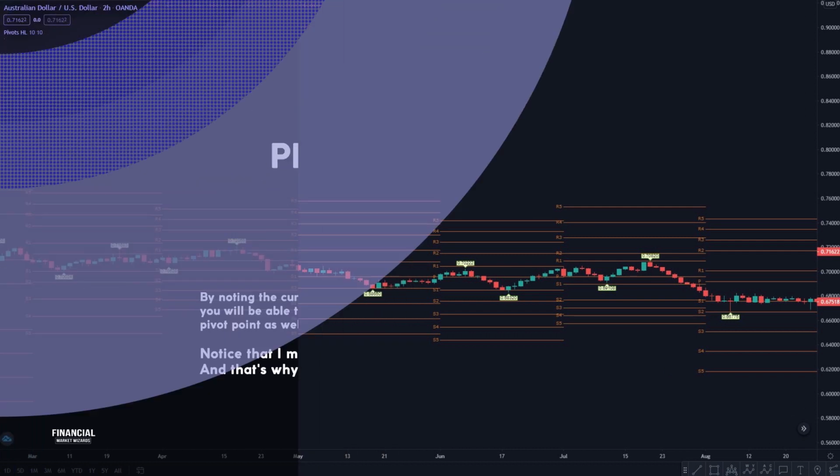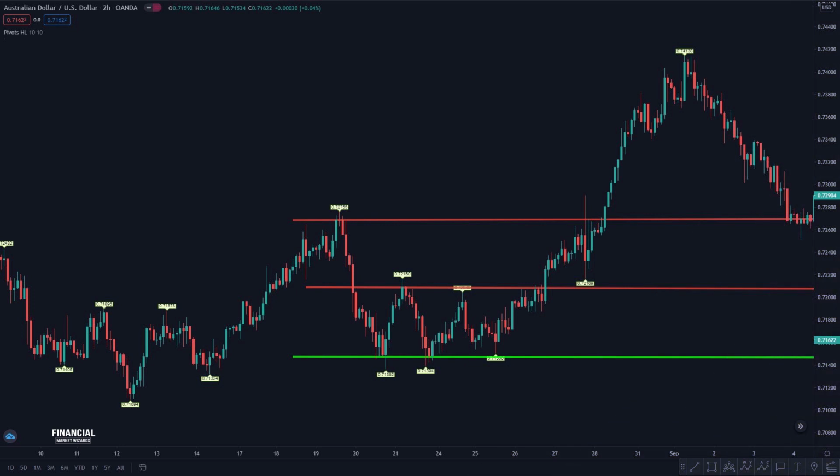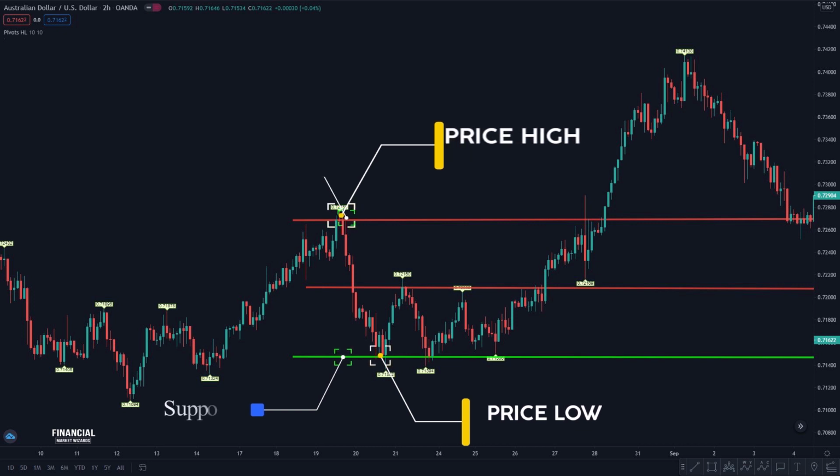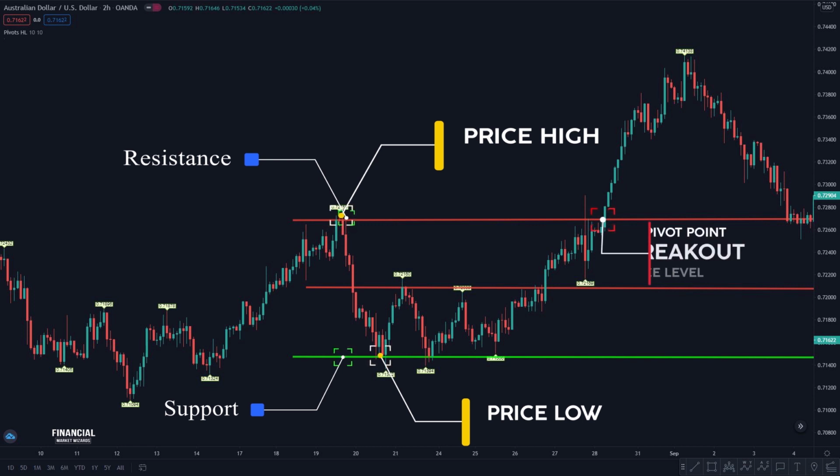What makes pivot points so reliable is that they are based purely on price. Plotting these levels on your charts allows you to know in advance what the key levels are for the next trading day. You can use these levels to determine if you wish to trade the rejection or the breakout.